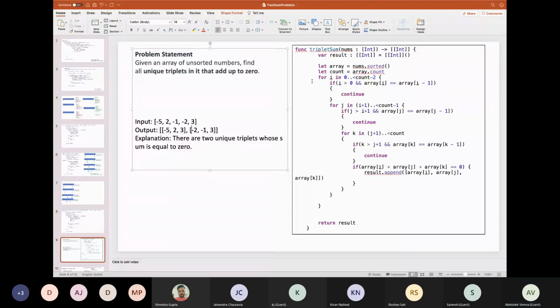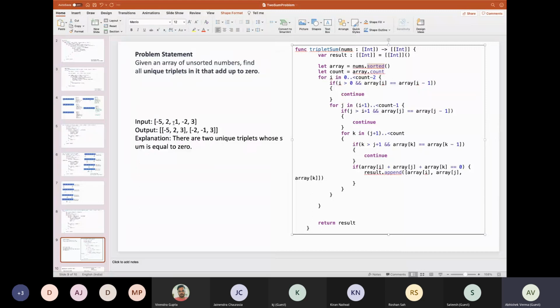So in this naive approach also, I sorted the elements, so that when I am picking the indexes one after the other, because we also have to handle the result, the elements should be unique.